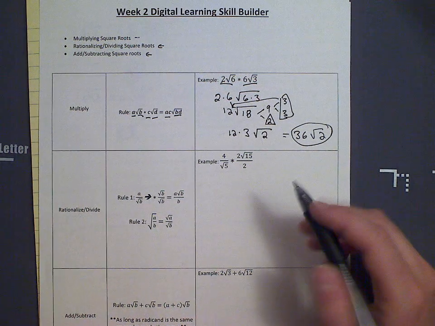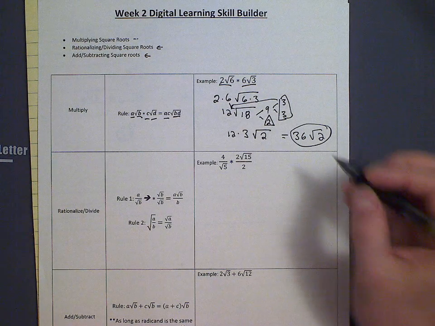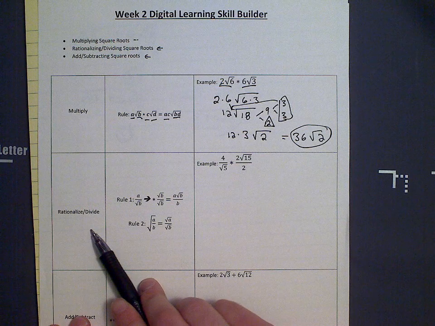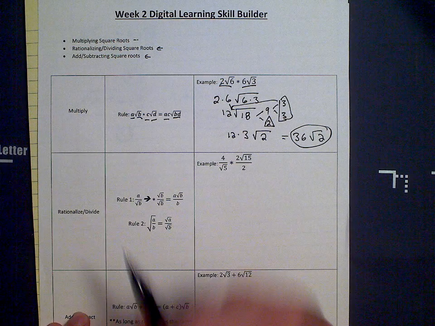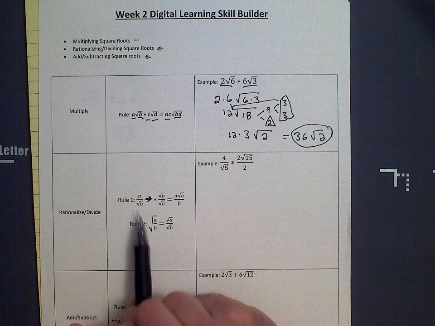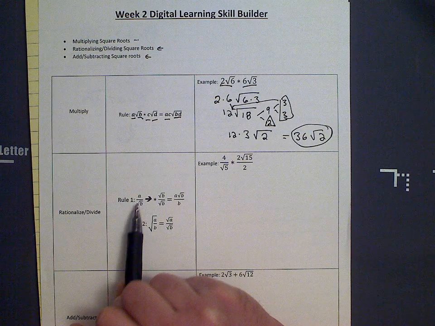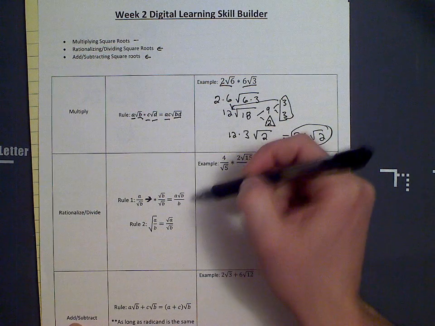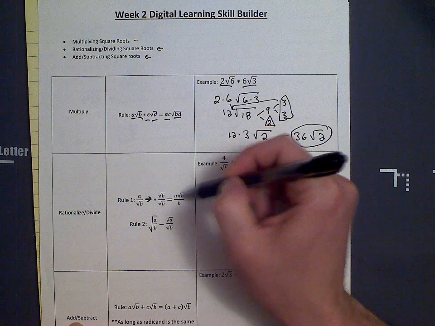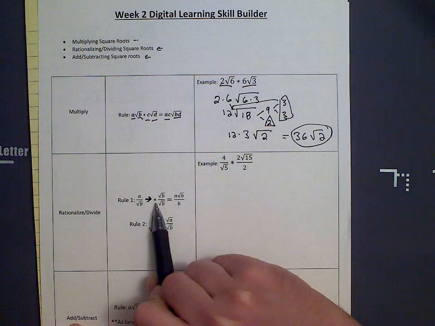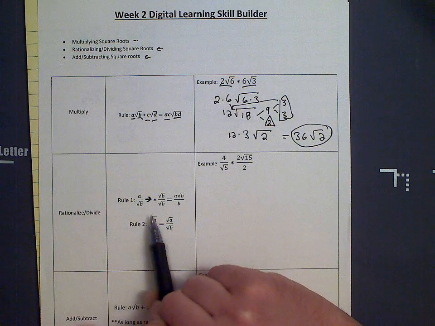For the second example, we're going to look at rationalizing or dividing a square root. The two rules to remember there is that you don't want to leave a square root on the bottom. So if it's divided out, you're going to see an integer on the bottom without any kind of square root. To do that, you can multiply both the top and the bottom by the square root of whatever's on